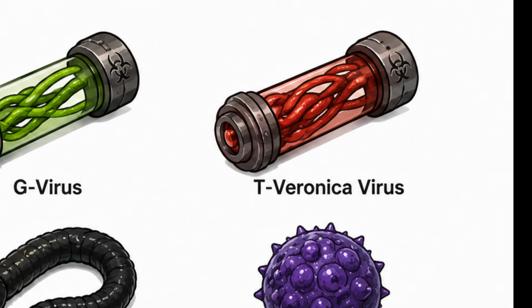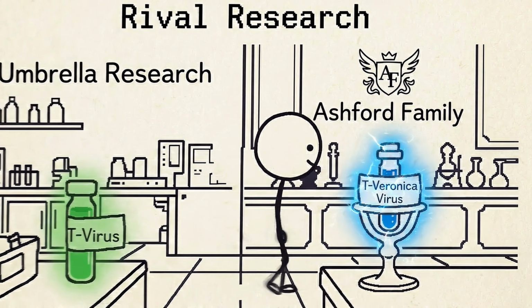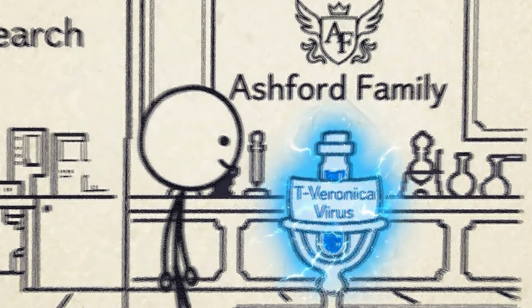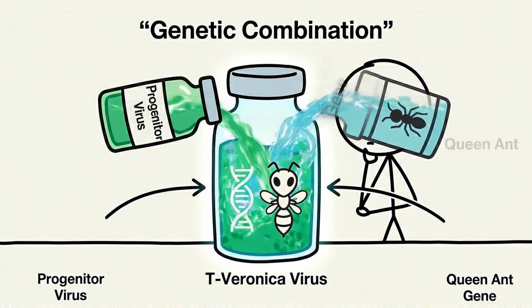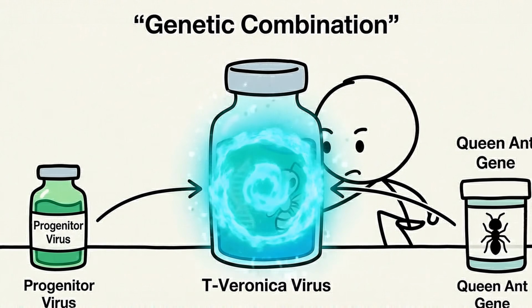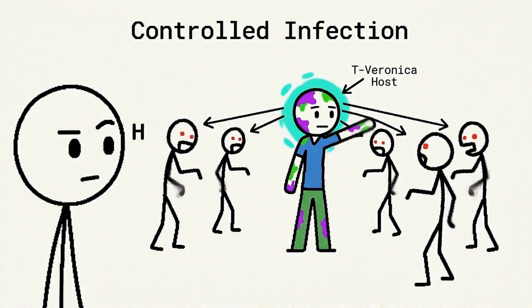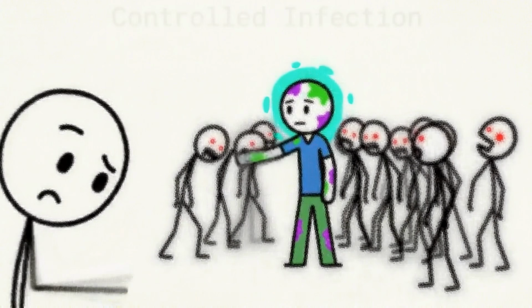T-Veronica virus. The T-Veronica virus was developed by the Ashford family as part of their attempt to surpass Umbrella's original research. It combines the progenitor virus with genes from a queen ant, giving infected hosts unusual control over their mutations. Some individuals can retain intelligence and even command other infected creatures, which sets it apart from the mindless nature of